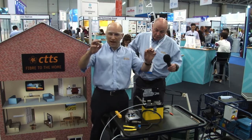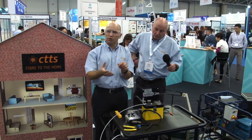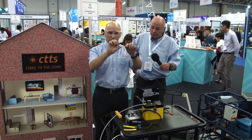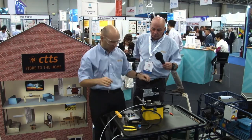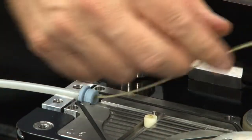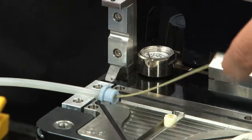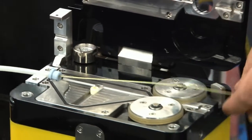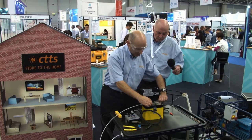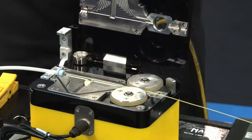That air will drag the fibre, or help to drag the fibre along the tube, and also the air pressure in the tube will keep the fibre off the edges, so the fibre will have minimal friction. I feed the fibre into the tube, and I run a little bit of fibre along. Then I place the fibre along the channel,